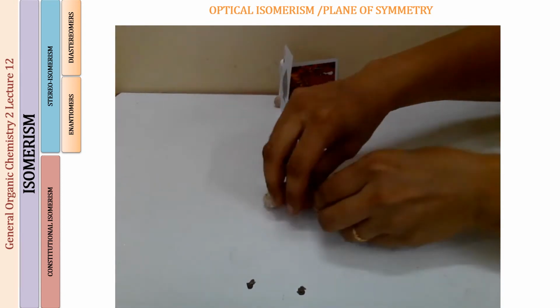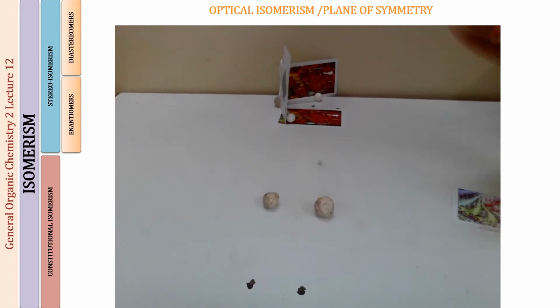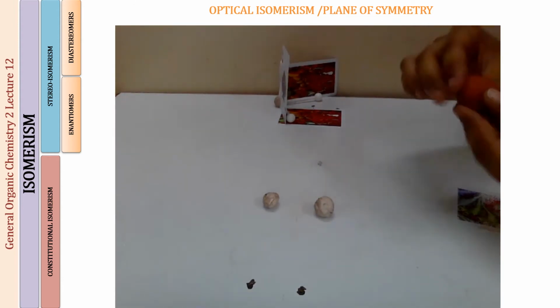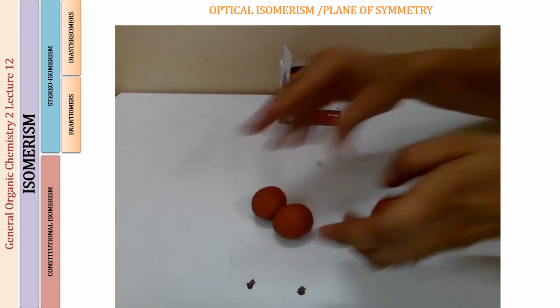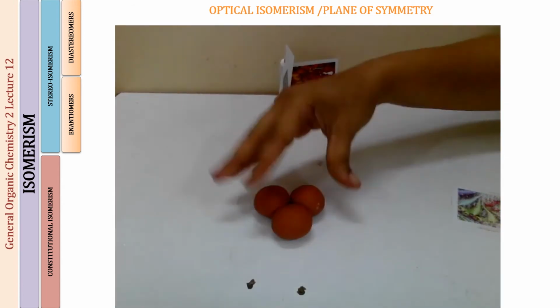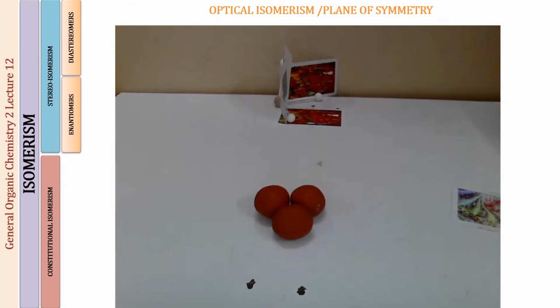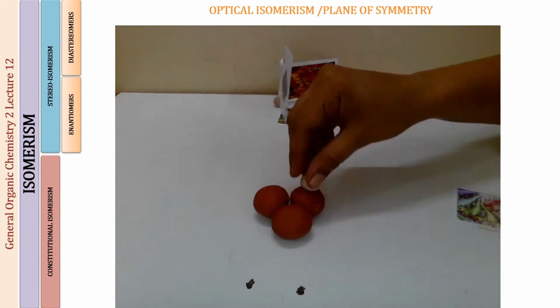I just want to show you a cyclic compound so that you can understand, and then we will be moving on to the diagrammatic representations, because ultimately that is what we have to see. So now I've put three balls together in the form of a triangle. If three carbon atoms are attached with single covalent bonds, this would mean that this is cyclopropane. But these are just three atoms, so this means that there have to be two hydrogens for each carbon. So I'm just showing you by putting up one of them.